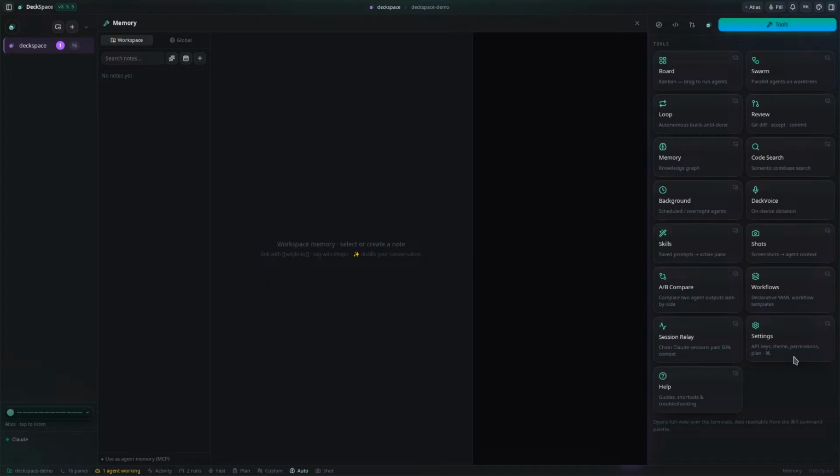That is the whole tour. DeckSpace is at DeckSpace.dev, macOS, and every plan opens with a 7-day free trial with a card on file. Cancel anytime. Everything we did today, you can do on your own repository within about 10